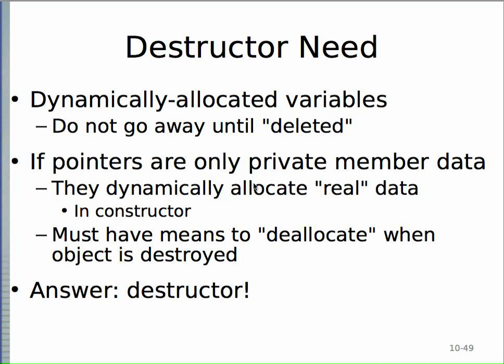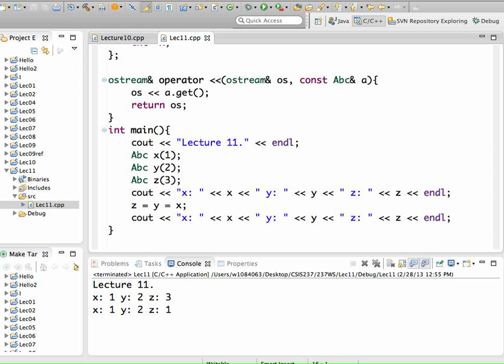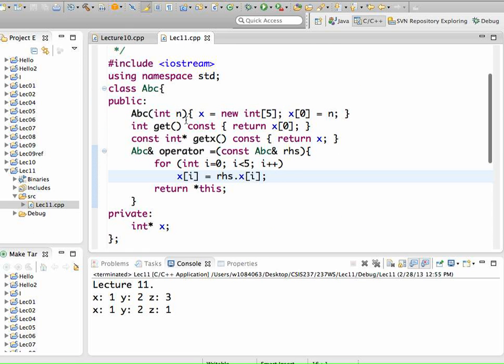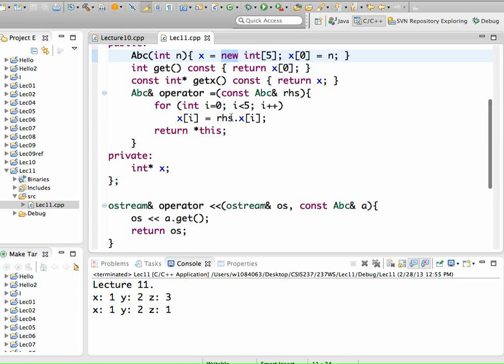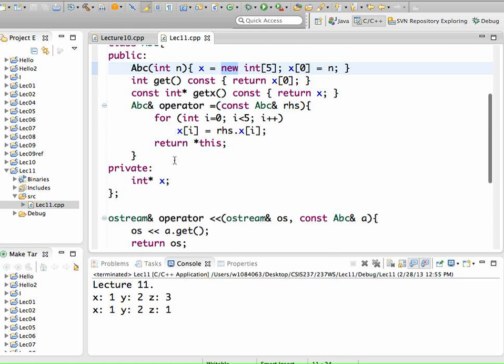So some of you may have noticed that when we use dynamic memory allocation in classes, we will have allocated a dynamic array, let's say, in our previous example, but we don't have a matching delete. Remember, a long while ago, I said that whenever you see a new, you want to look somewhere, not necessarily in the same function, but somewhere for a matching delete. And it turns out what you need for this is a destructor, where you delete this dynamically allocated variable x,